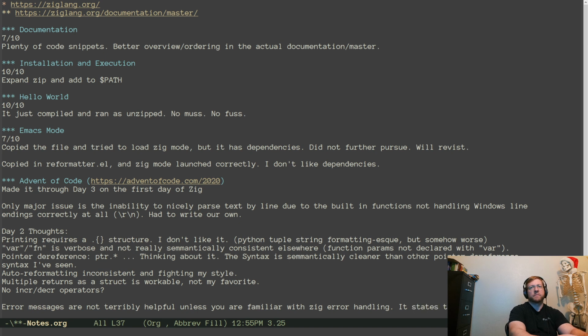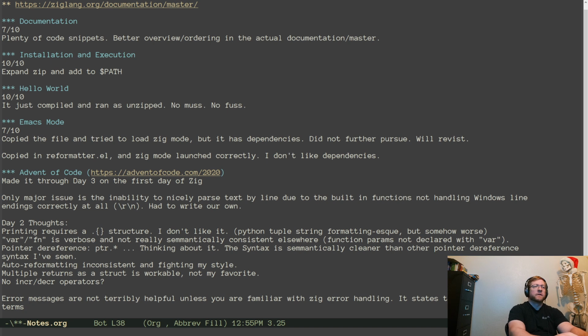It states the problem in Zig terms and no translation or